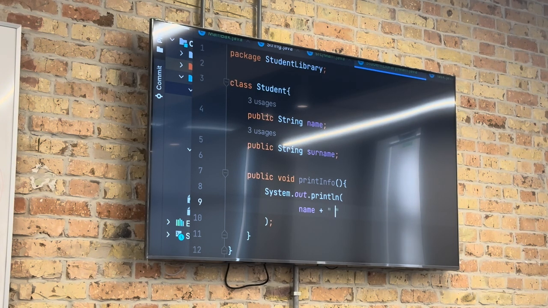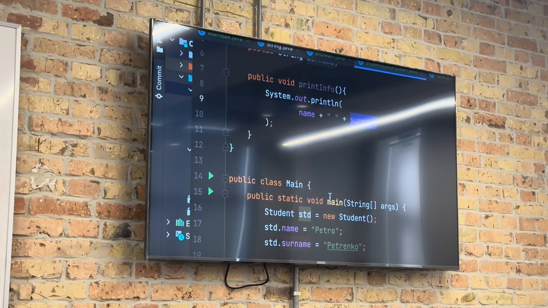Then I could add some separator and surname. Actually, I could use just one line for that, but to make it more visual, I use three lines for this one System.out.println call. So please pay attention, in our print info method, we access the student's attributes name and surname,